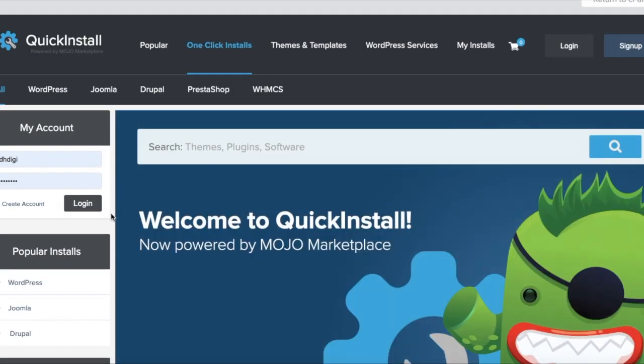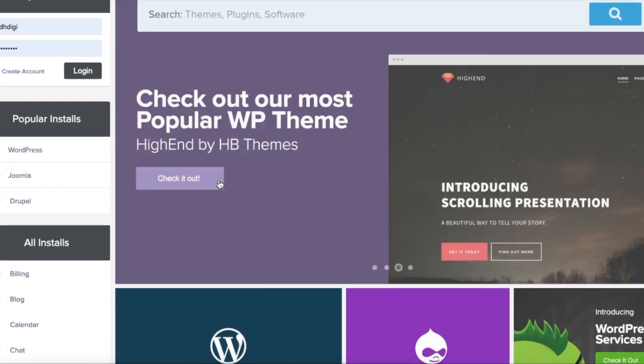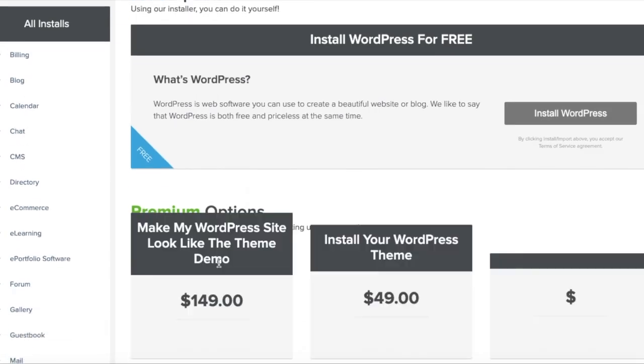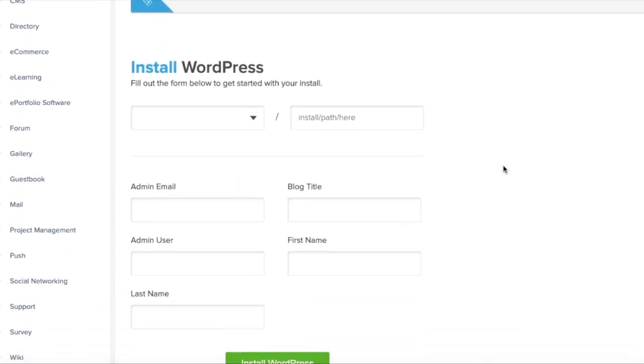and now you don't have to log in or anything. You can scroll down until you see this, the Install WordPress. We're going to click it, and then no, you do not want to do this unless you don't feel comfortable doing it. You're going to want the free version of WordPress, because WordPress is just a free CMS. So in this case, we're going to pick